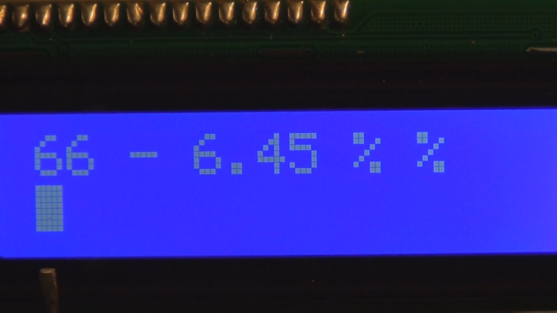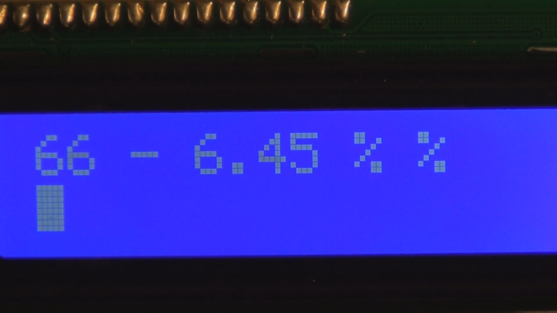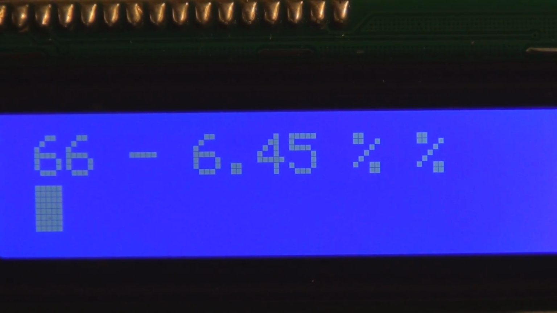Remember, this is not like a light bulb where once you remove the electricity, it turns off. These are memory locations. So it's remembering what we've told these pixels to light. It remembers that, so they're staying lit. And it moves on. Now we're moving the cursor to the next position, and we're going to cycle through all